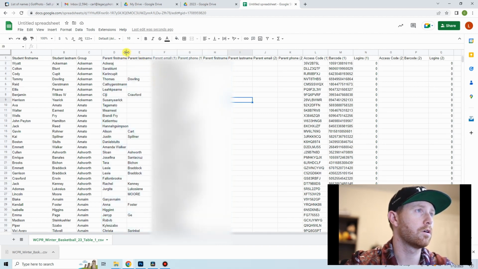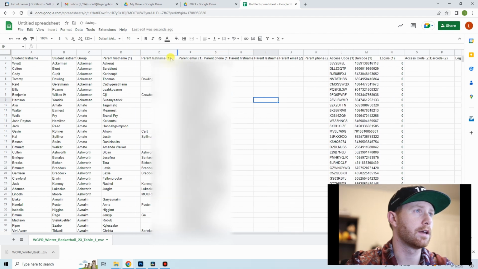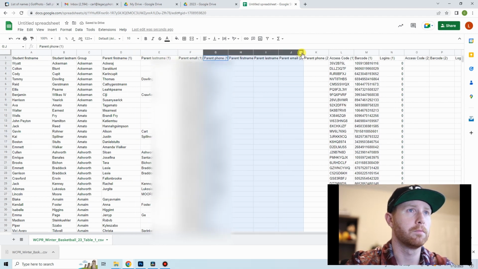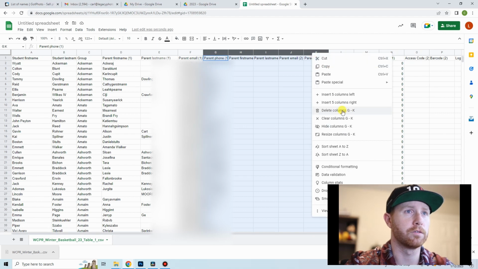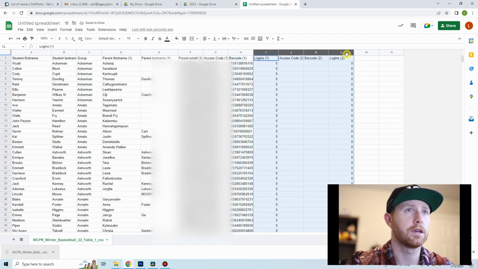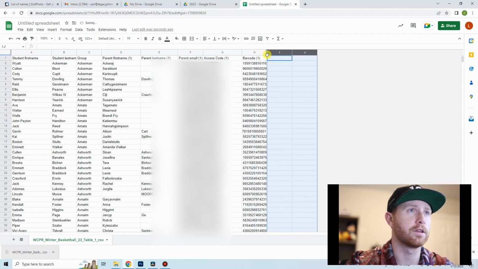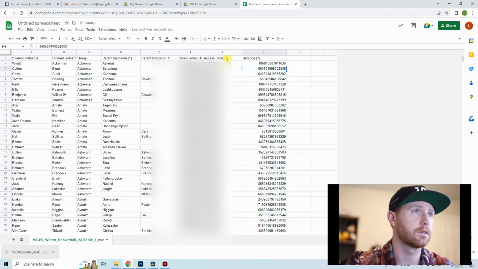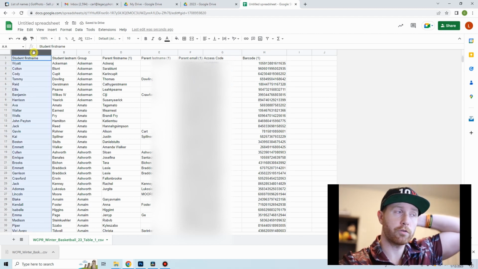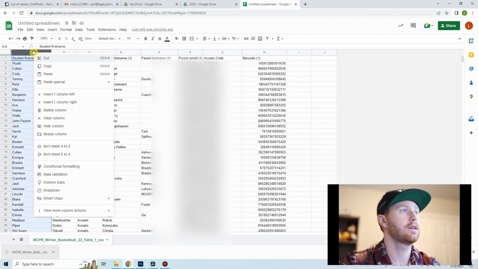Okay, so all of this is fine. But again, empty columns, don't need those. And I don't need logins. I do, however, need access code. And I leave barcode in there. It shouldn't make a difference, but I leave it in there. The one catch is you have to delete the 1 in parentheses under your access code or it causes a lot of issues. So what I'm going to do is go ahead and